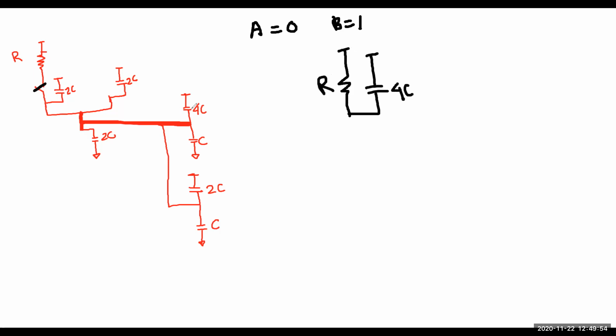Okay. Now this 4C and these 2C, they are parallel as well. How are they parallel? See, at one point they have VCC, and another point is connected, right? Yes, sir. That's why it's parallel. They are parallel as well. So I'm going to call them what? I'm going to call them 6C, right? Okay, 6C. This one and this one is 6C.